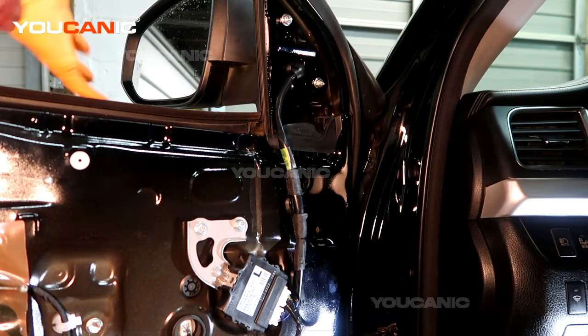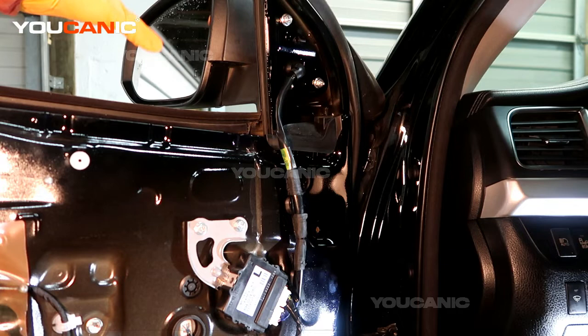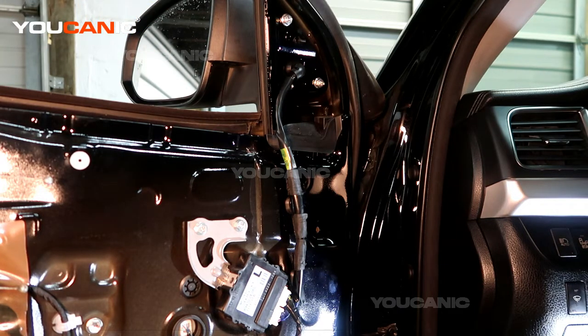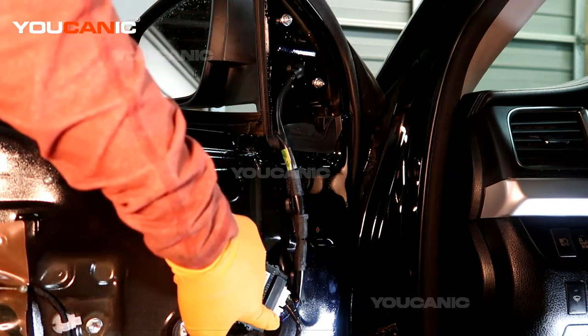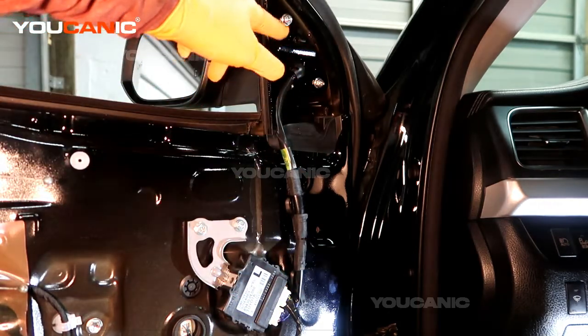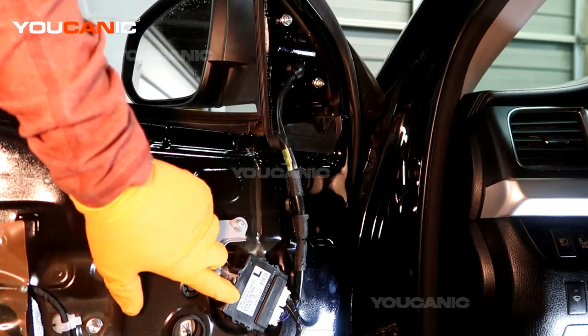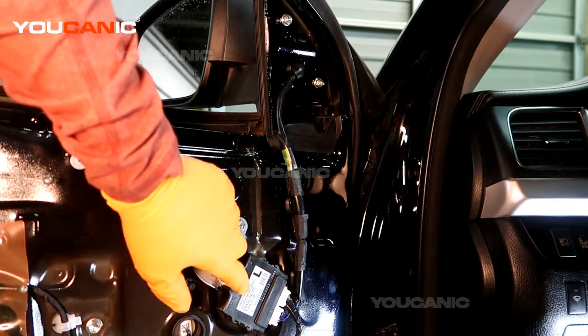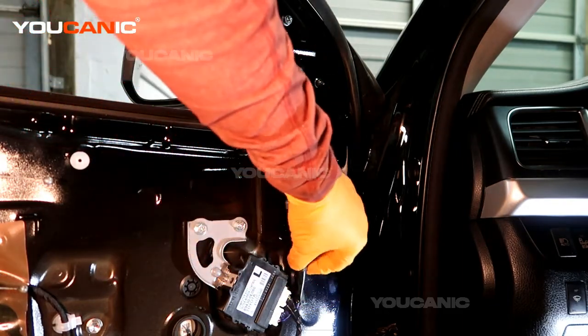Today I've got a 2014 Toyota Highlander, and we're going to go over how you'd remove the driver's side mirror. First, we've removed the door panel, because we need to remove it to be able to get to this electrical connector to undo it. This is the motor control unit for the mirror, and we just need to unhook